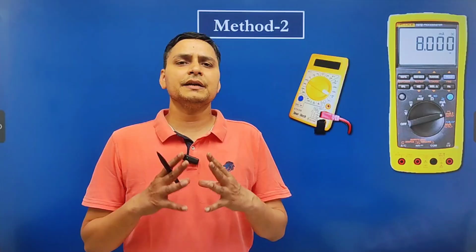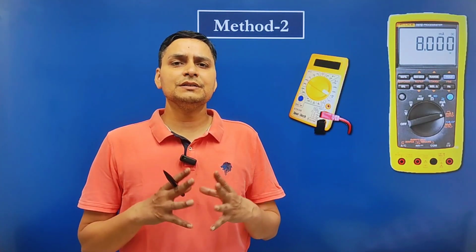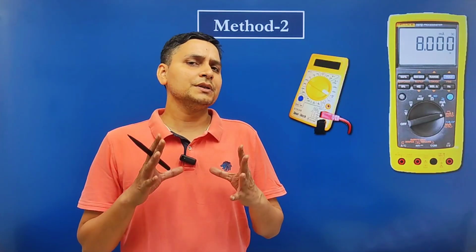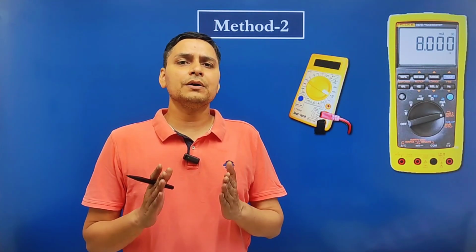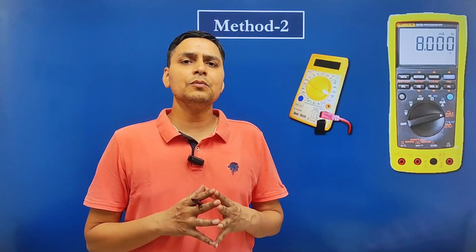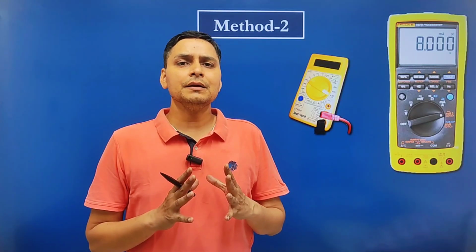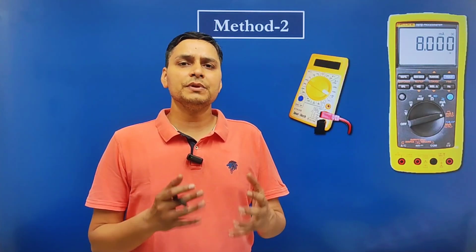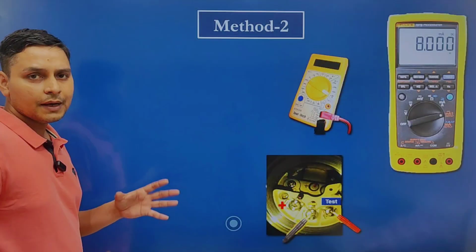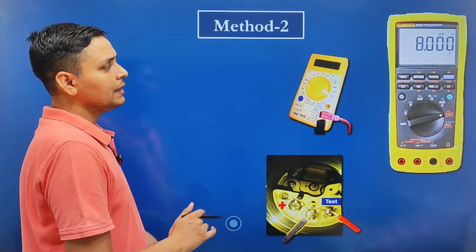Now we will discuss the second method of checking the transmitter at field side. In the first method we need to disconnect the positive wire. By that the transmitter will be disconnected from SCADA, and in some cases that transmitter was a part of some loop, so that loop will also be disturbed. So in the second method we will not disconnect that wire. Let's see how we will check the milliamperes. In this method, the connections will be like this.